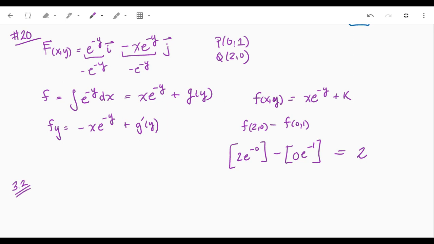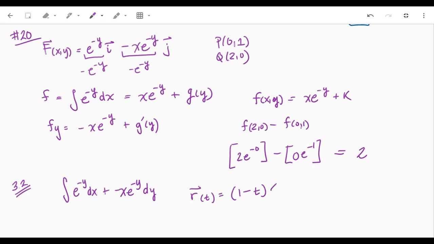Okay, so kind of thinking back, this used to be a much more difficult problem. Where when we wanted to integrate e to the negative y dx plus negative x e to the negative y dy, if you remember, you had to parameterize it. So we had to take that r of t, and it was a segment. So in problem 20, it's saying no matter what the path from (0, 1) to (2, 0), it doesn't matter how you get there. In section 3.2, we did it as a line segment, and if I parameterized it, I did 1 minus t times (0, 1)